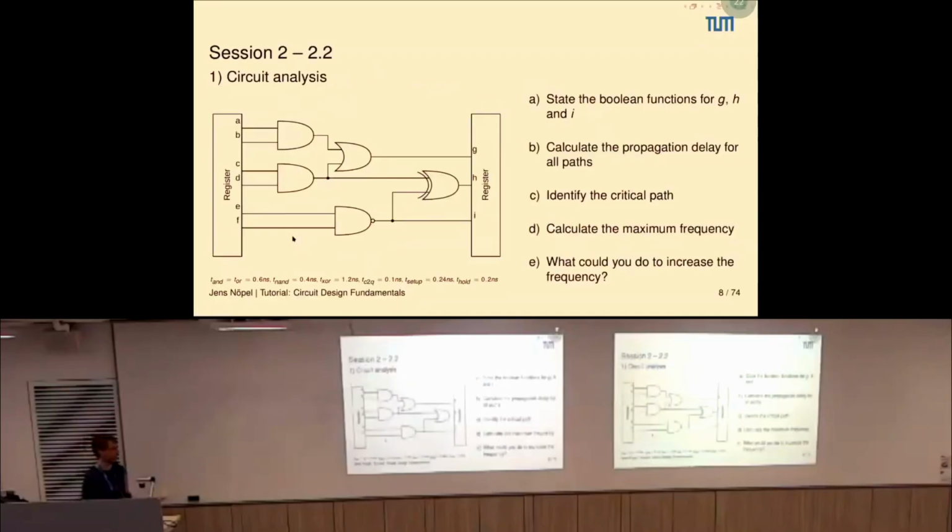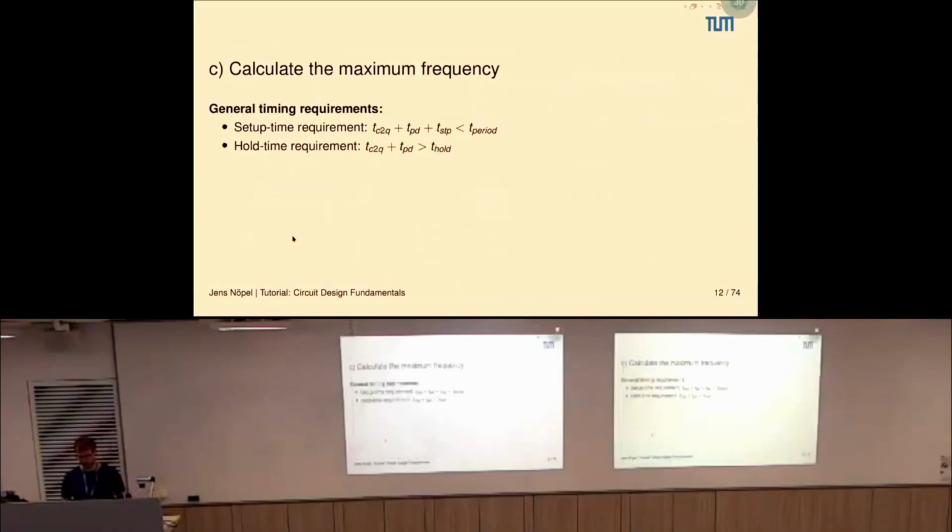So we had a look at example circuits, derived the logic functionality of the depicted circuit, decided which path is the longest by calculating the propagation delays of the according gates. And afterwards, we used the longest path, so the propagation delay of the combinatorial logic, to meet the setup time requirement. And this can be used then to calculate T period, so the frequency we can run our